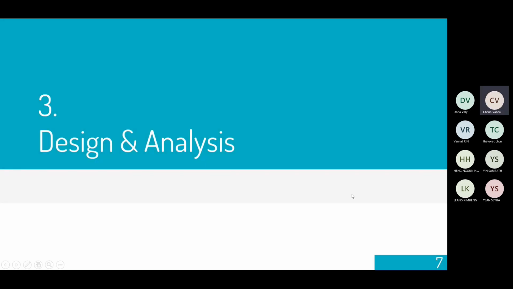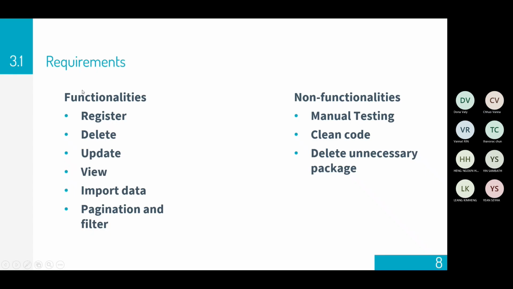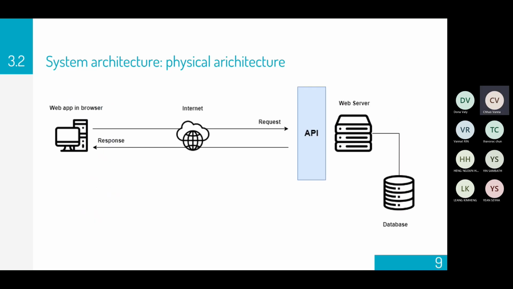3. Design and analysis. 3.1 Requirement. These are the functional requirements in the project, such as register employee, delete employee, update, review, import data, pagination, and filtering employees with a specific keyword. Alongside the functional requirements, there are many non-functional requirements in this project, in order to improve system performance and make the code readable for other developers, such as clean code, manual testing, and deleting unnecessary packages. 3.2